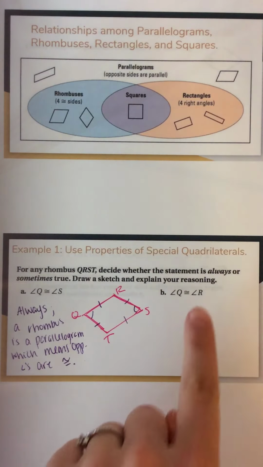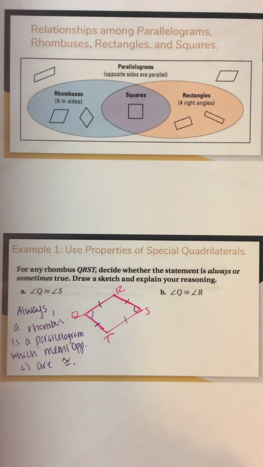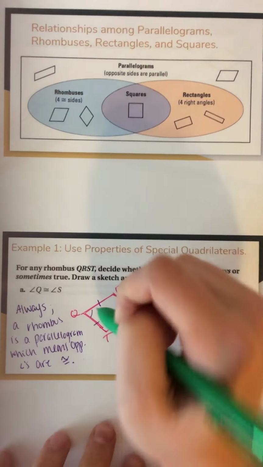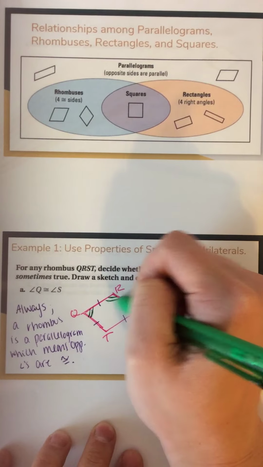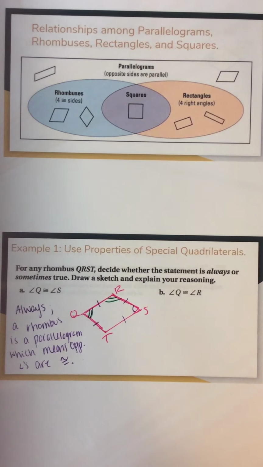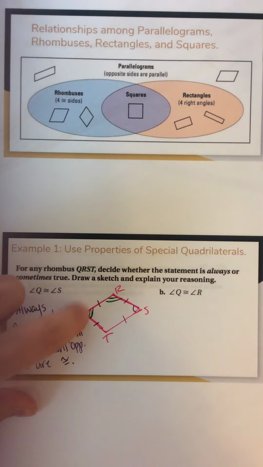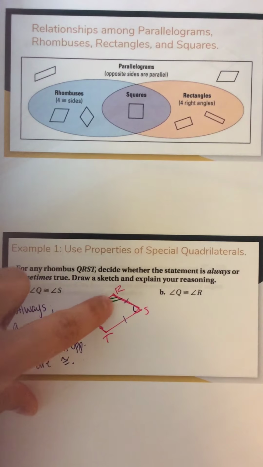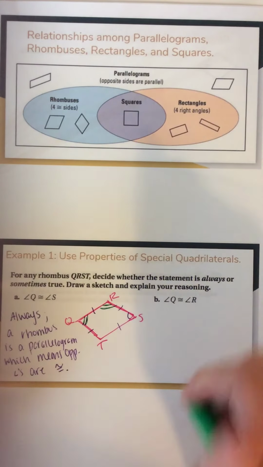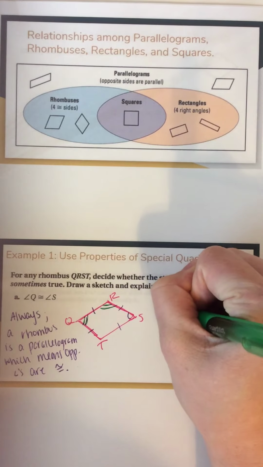So then looking at part B over here, is angle Q always going to be congruent to angle R or sometimes going to be congruent to angle R? So now we're looking at angle Q and angle R, and these are consecutive angles, not necessarily opposite angles. The fact that they're consecutive and on the same side, they're not across from each other, they're not opposite, they're consecutive, same side. This is going to be sometimes,